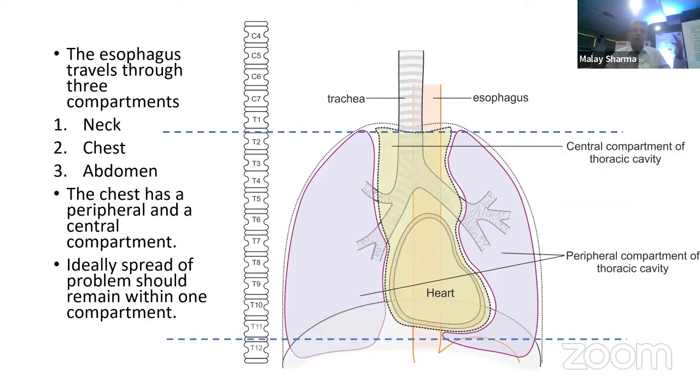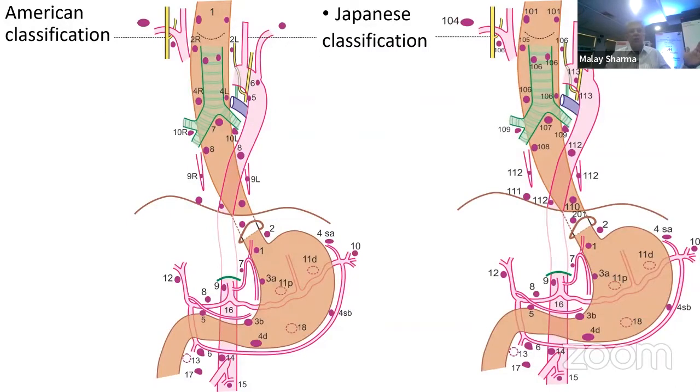The esophagus travels through 3 compartments: neck, chest, and abdomen. The chest has a peripheral compartment and a central compartment. Ideally, the spread of the disease should remain within one compartment, whether it is the central compartment or the peripheral compartment, because spread to another compartment means more extensive disease. This is the classification. When we see the classification of lymph nodes, American